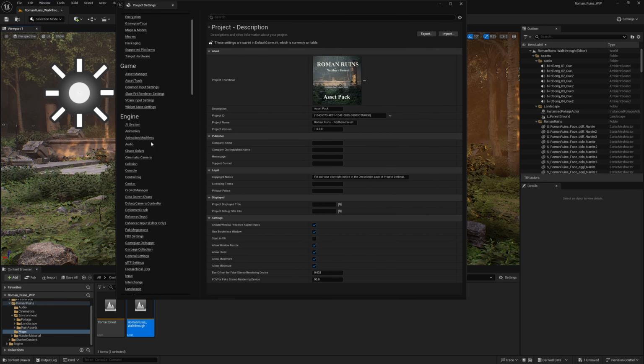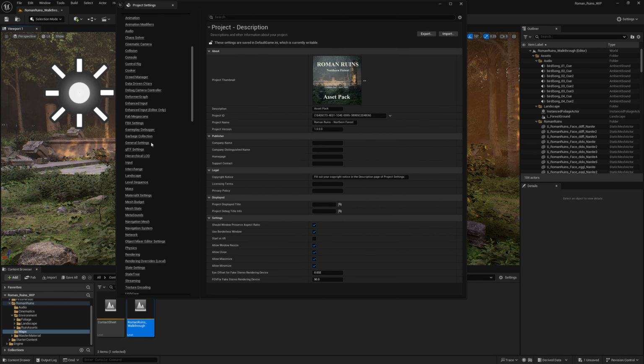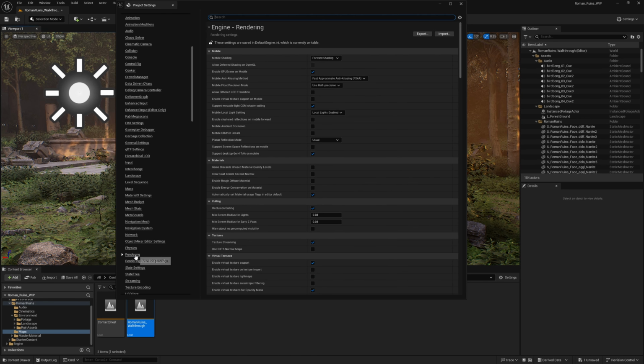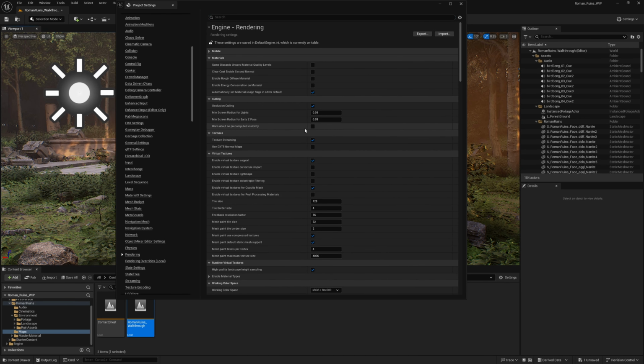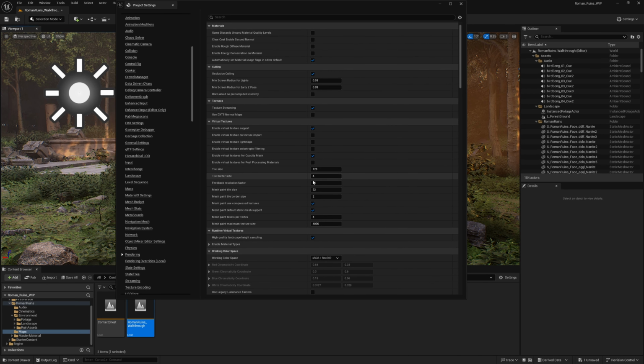So it's all about going down to the rendering tab here, down there, and just check. So we are gonna see that we have texture streaming and enable virtual texture support enabled. That is for the UDIMs to work. And if we go a little bit further, you're gonna see